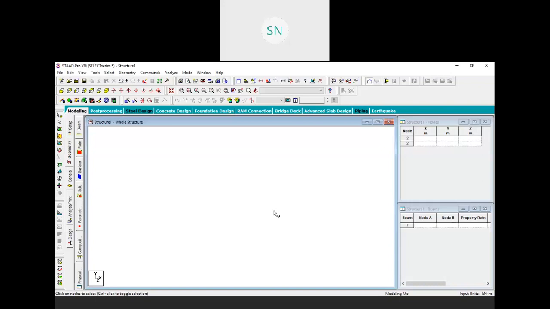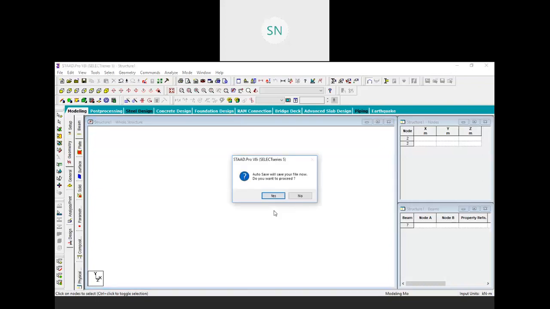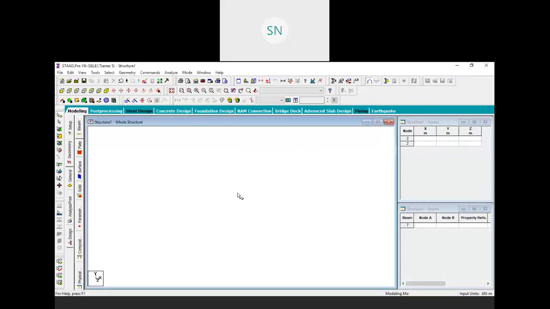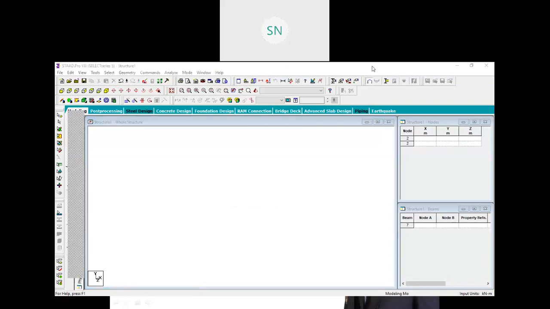Before we start, I want to tell you a couple of things regarding analysis simulation. To analyze any kind of structure, we have 5 different steps. In our first step, we have to model something. So our step 1 will be modeling. Then second step will be our property.